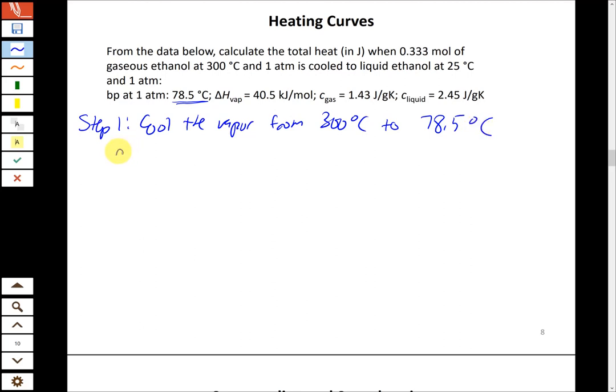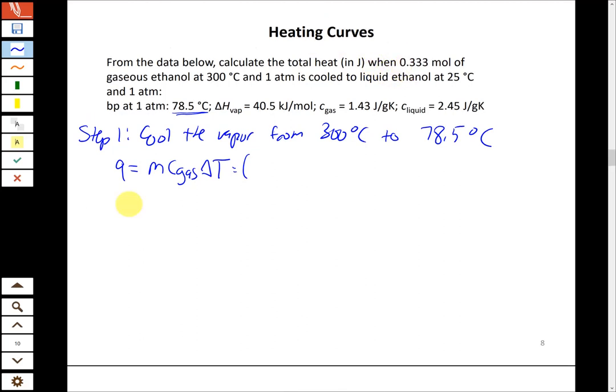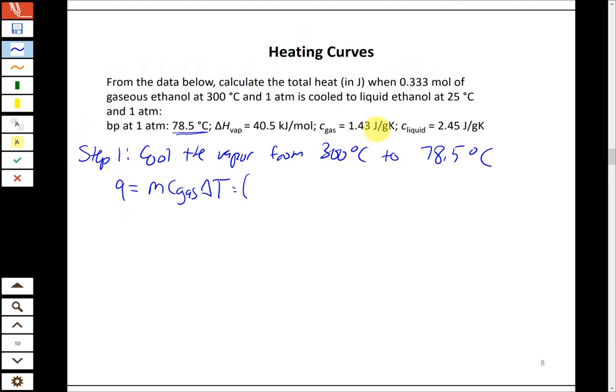And so when we're cooling a substance, it's still going to be MC delta T. The only difference here, first of all, we have to make sure we use the right heat capacity, which is for the gas phase. And then our delta T is going to be negative because we're cooling it down. Okay? So we have 0.333 moles of ethanol. This time I gave it to you in moles, but the heat capacities are still in grams. And so the mass of ethanol,